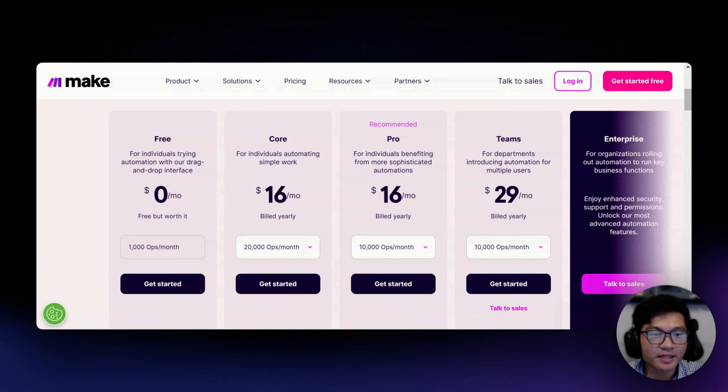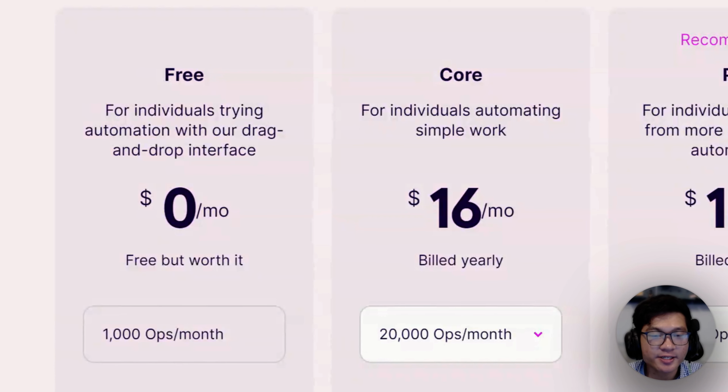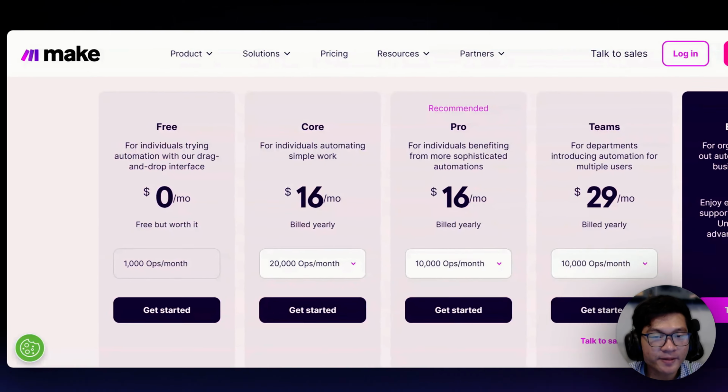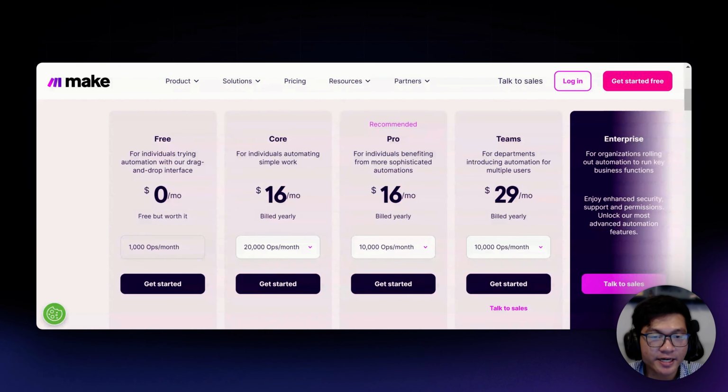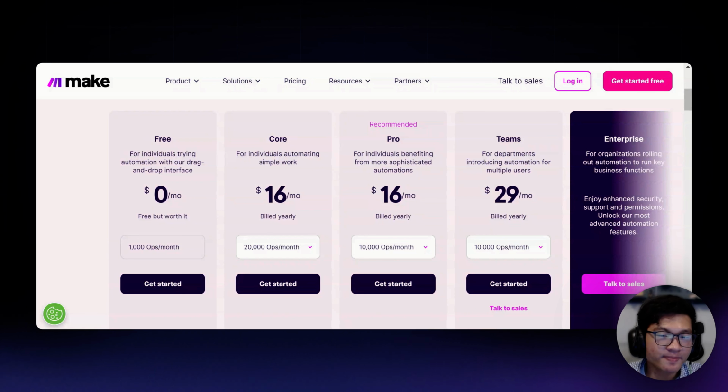Let's now take a look at Make.com's pricing package. For Make.com's free plan, it is much more generous than Zapier's. It offers 1,000 operations per month. Basically, an operation in Make.com is any action that's executed in your scenario, so something like sending an email or updating a record. The free plan also allows for unlimited scenarios, which means you can create as many workflows as you need within that 1,000 operation limit. So this plan is basically great for those users who want to explore Make.com's capabilities without